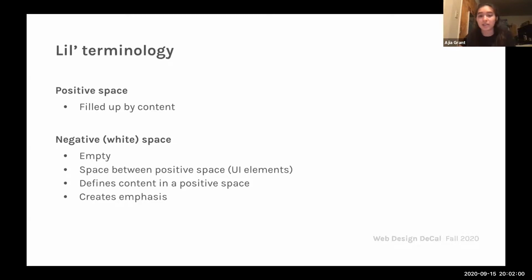Positive space is the space on the screen or whatever you're designing that is actually filled by content, and negative or white space is the opposite of that. That's where it's empty, like space between paragraphs, and it creates emphasis on the positive space because the less positive space there is, the more you know what to look at.